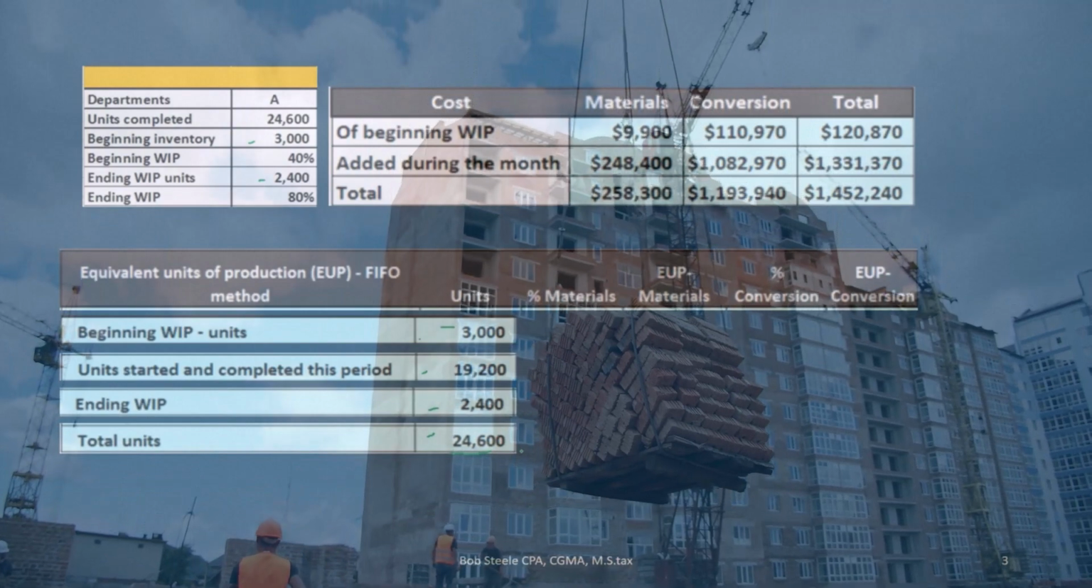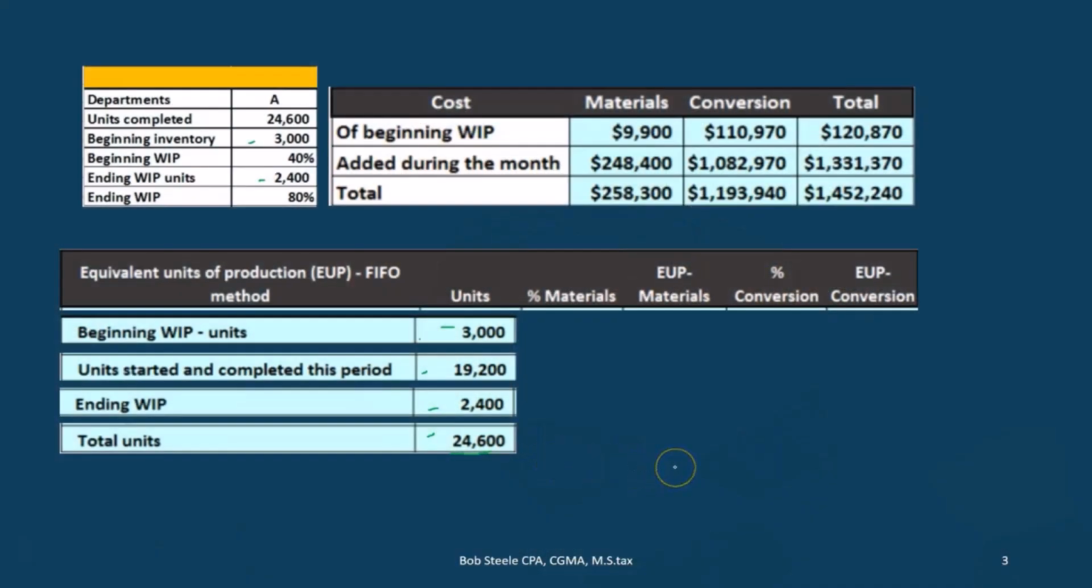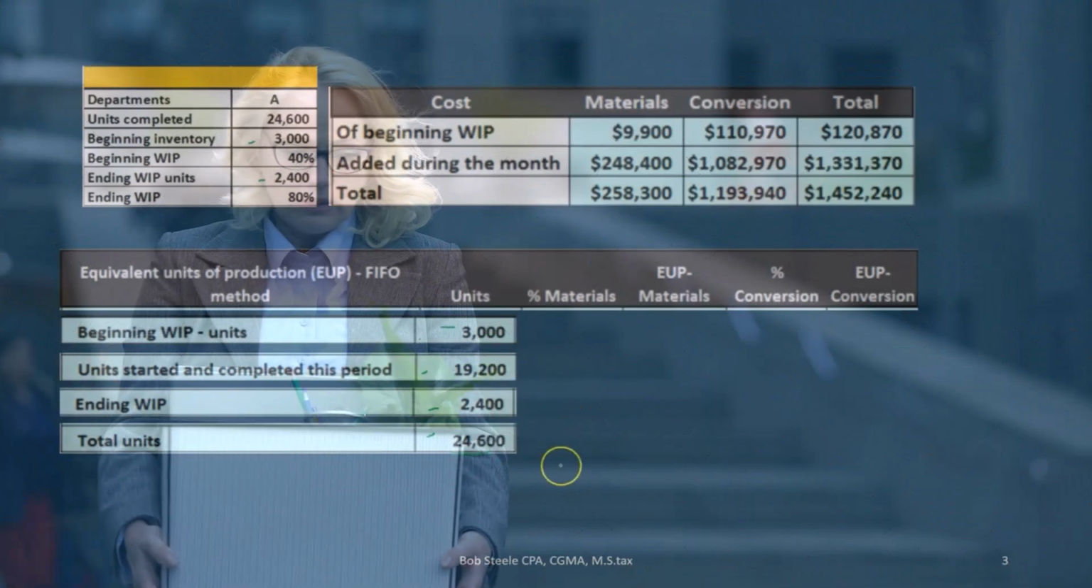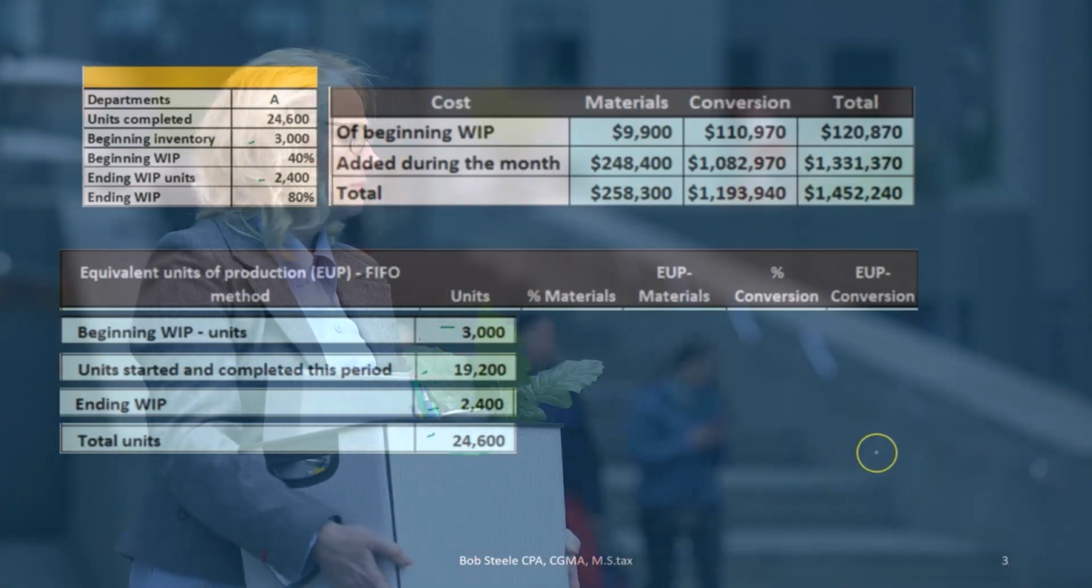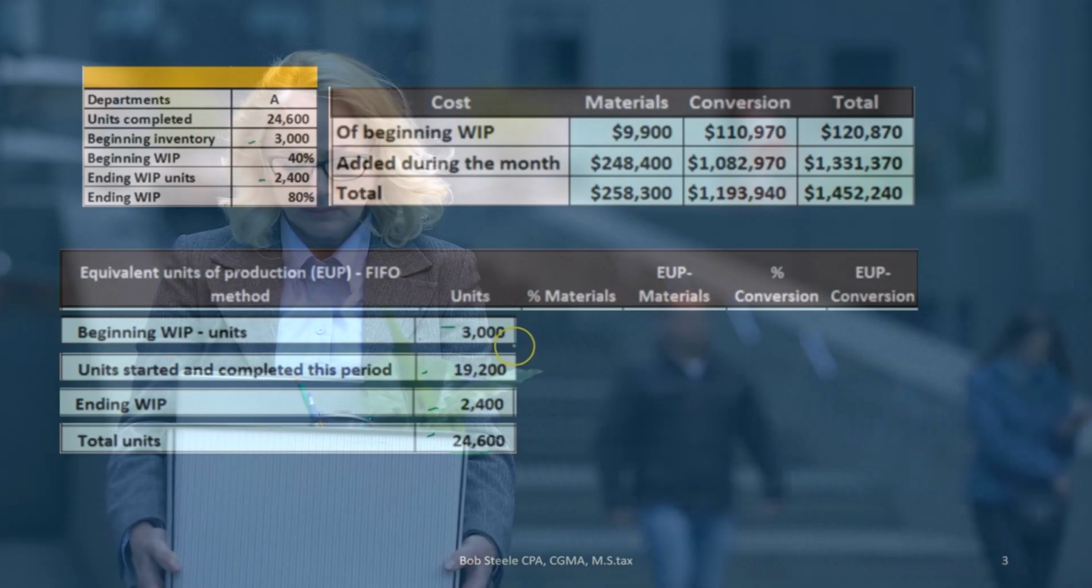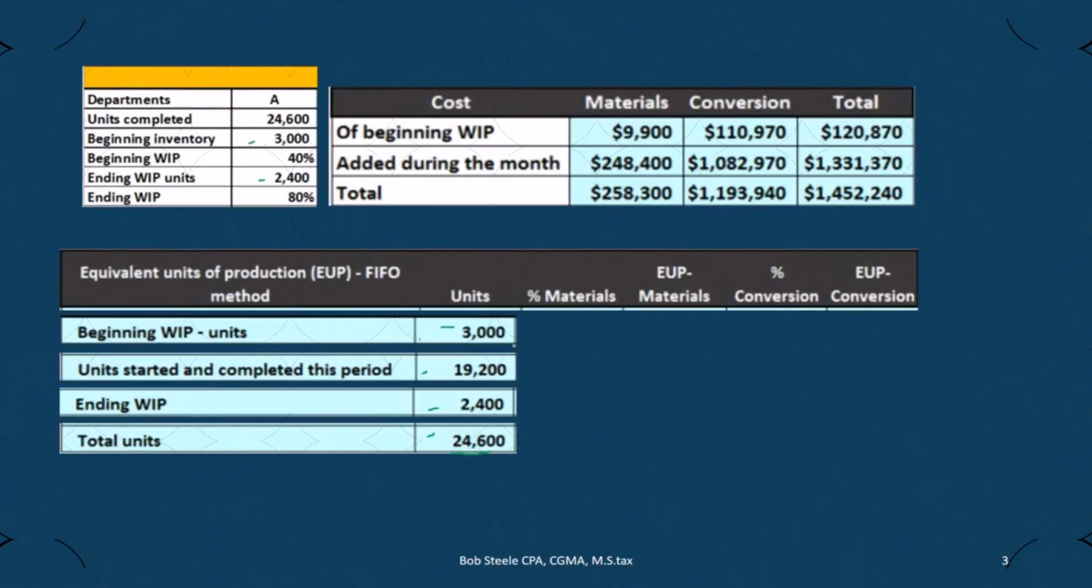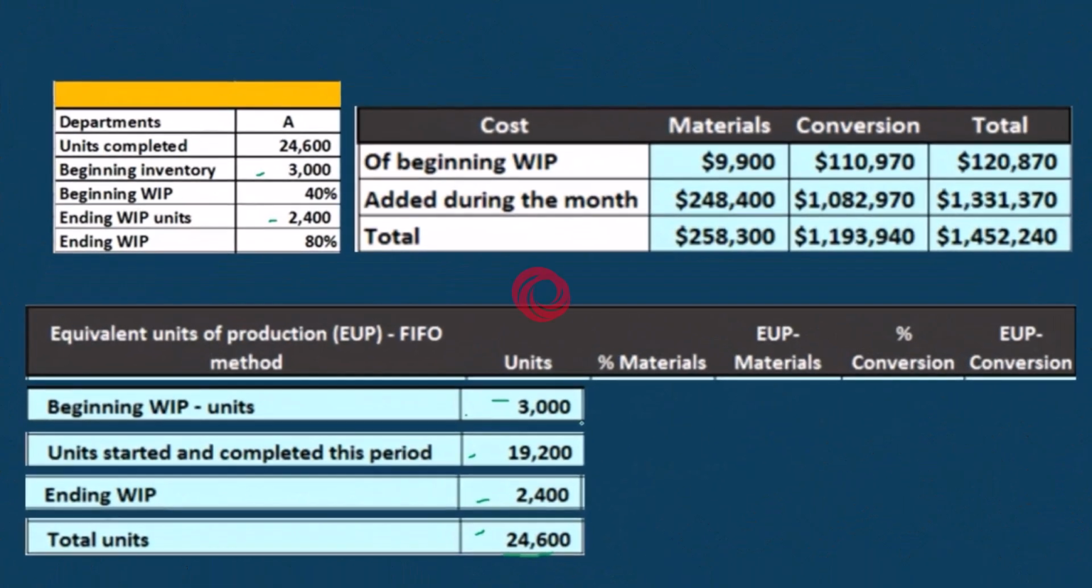So we're going to take this number, think about the materials, those same units in terms of materials, then think about this same number in terms of conversion. We're going to break it out line by line. So starting with the beginning units here, if the units were already in there as of the beginning,